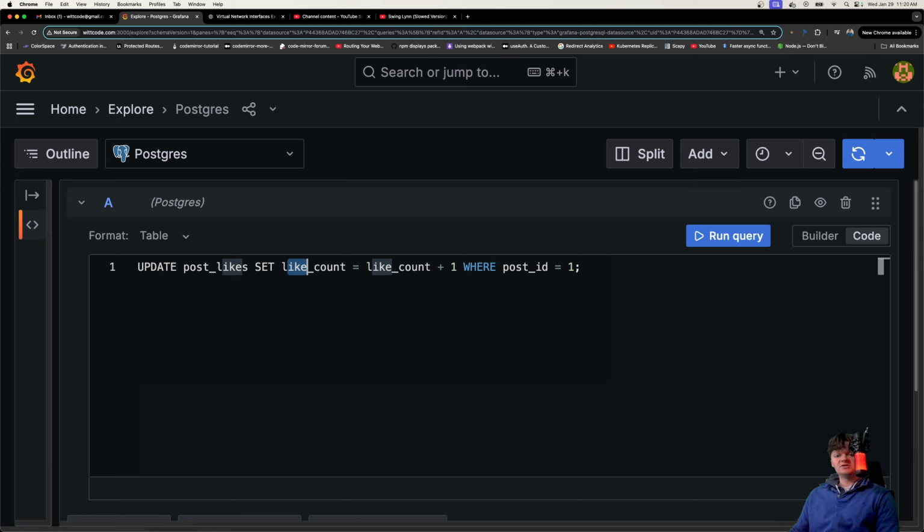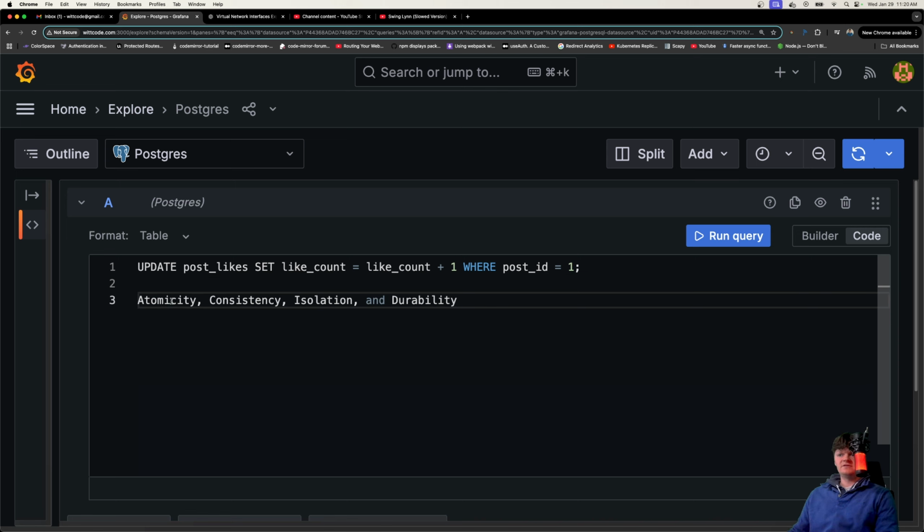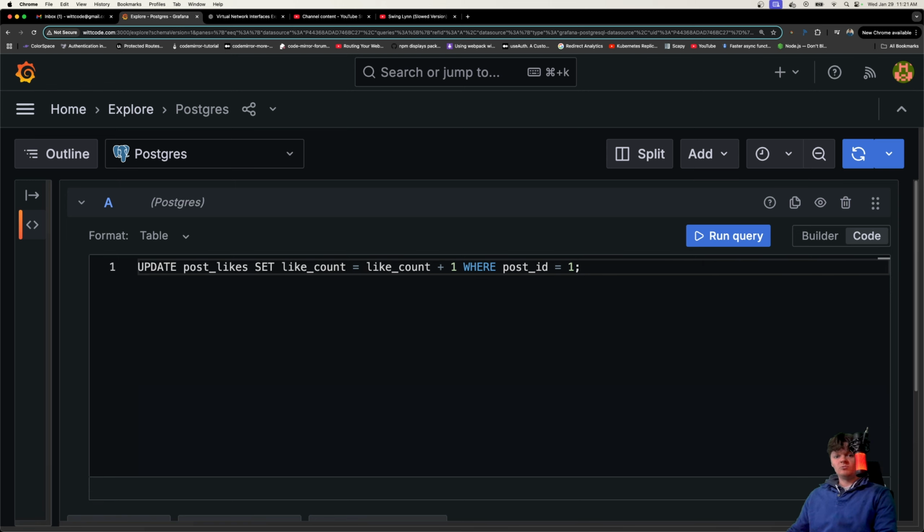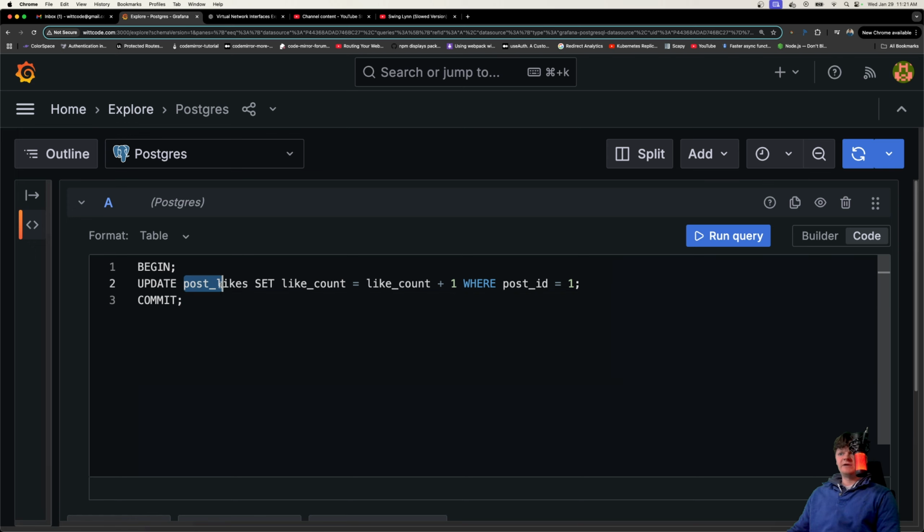And transactions are essential for ensuring that a group of database operations follow the ACID properties. If you're not familiar with those, basically they are atomicity, consistency, isolation, and durability, which is just some database management 101 essentially. But if you want to use a transaction, what you can do is just wrap this in